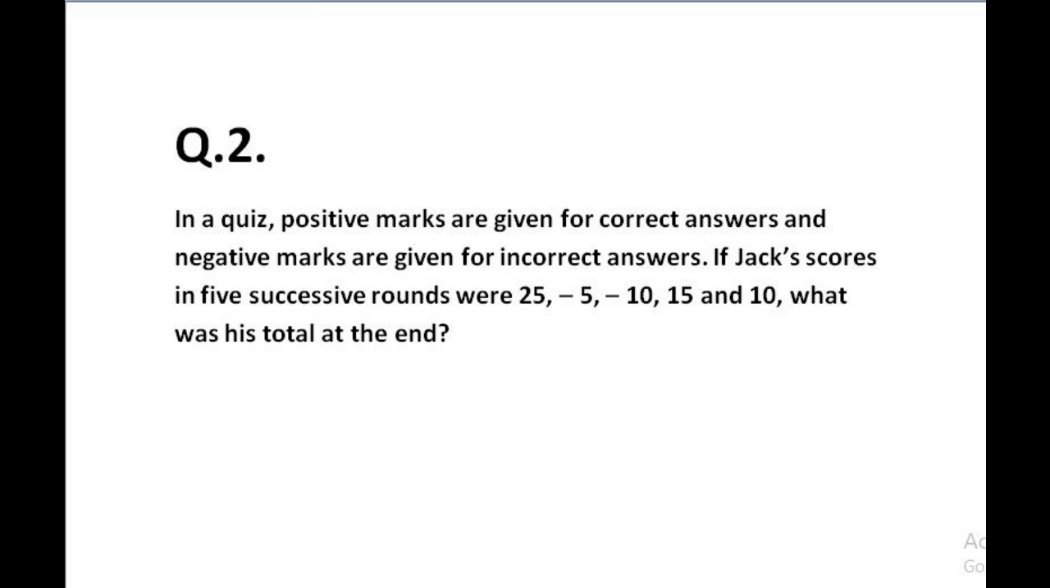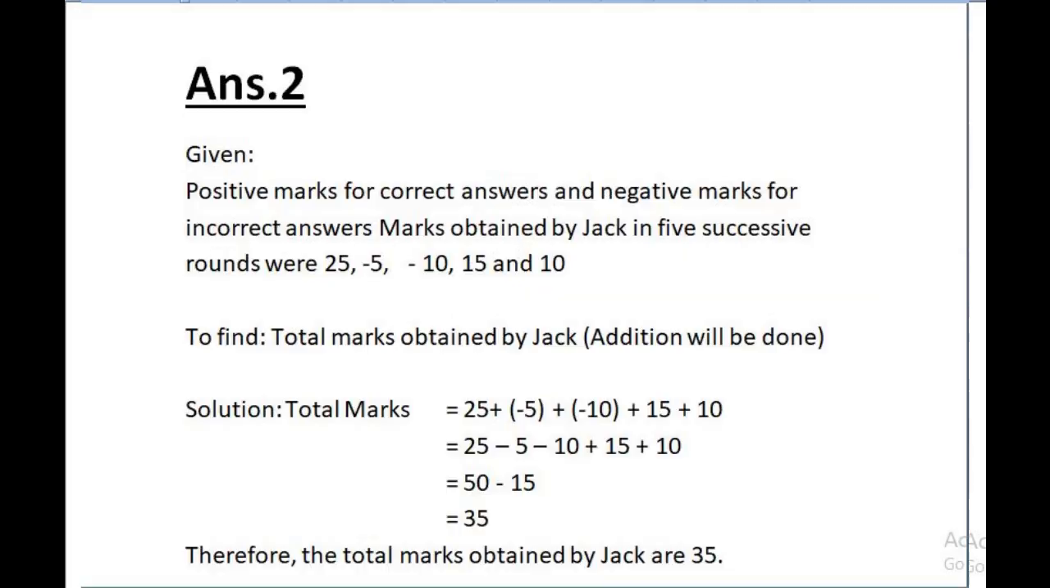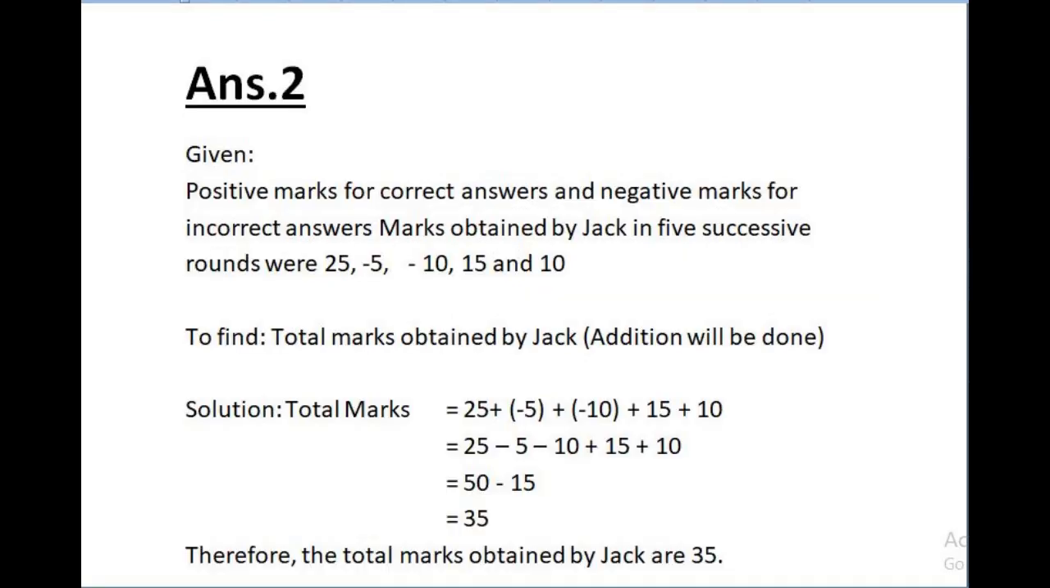In a quiz, positive marks are given for correct answers and negative marks are given for incorrect answers. If Jack's scores in 5 successive rounds were 25, minus 5, minus 10, 15, and 10, what was his total at the end? So in the answer section you can see that first we have to write given, to find